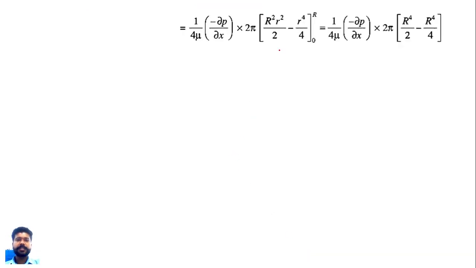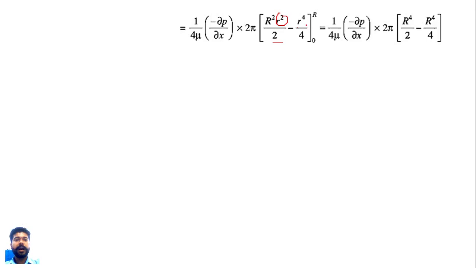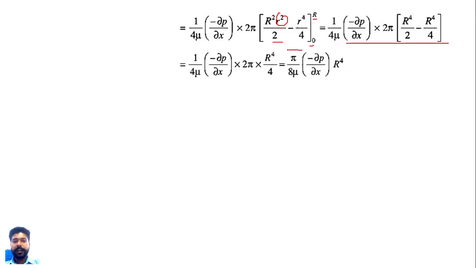And from that equation, by integrating the r square, that is r square by 2, and over here that was the r in this equation. Over here that was r cube. So that r cube will be in the form of r raised to 4 by 4, and this is our upper limits and lower limits. So by putting upper limits and lower limits, we are having this equation, and finally after simplifying that equation, we are having the discharge, that is pi divided by 8 mu into bracket del p upon del x